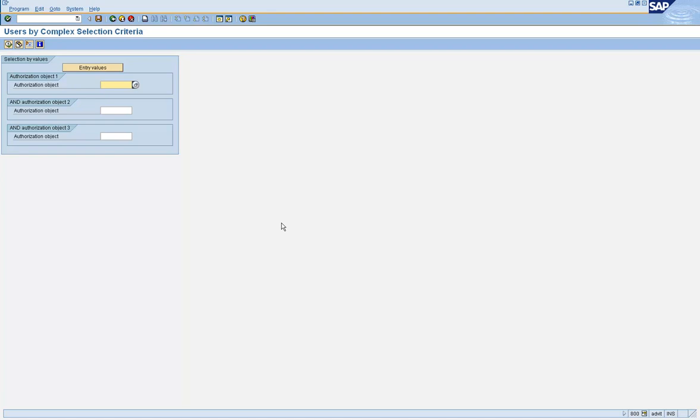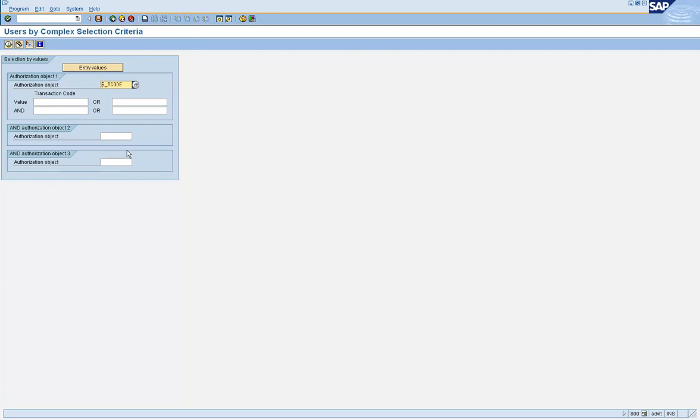So you can also, let's say that combination would be people need to have access to S_TCODE with, let's say, either SE16 or SM30. These are the two transaction codes which you can use for accessing data from the tables. But the audit criteria is the ability to change data.